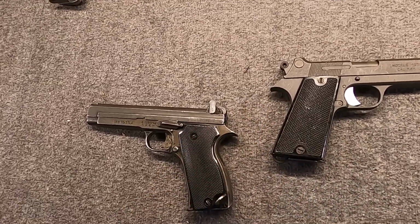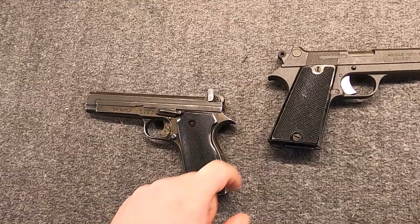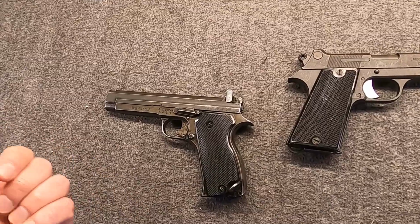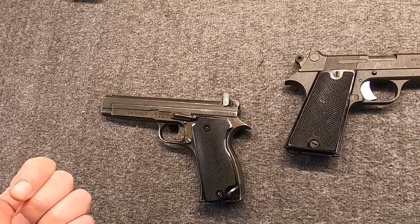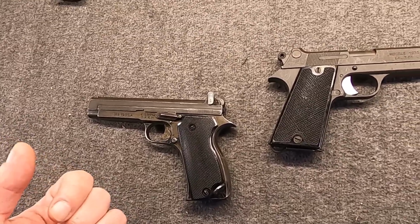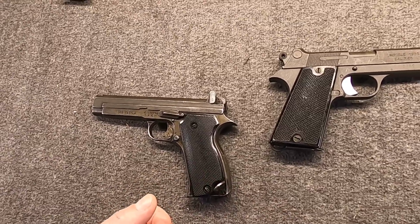Now, MAS would only build about 6,900 of these pistols total. So 1,400 before the war, and then we have 5,400 immediately after the war in 1944 into 45. But again, they were very busy, government arsenal. They were building the new